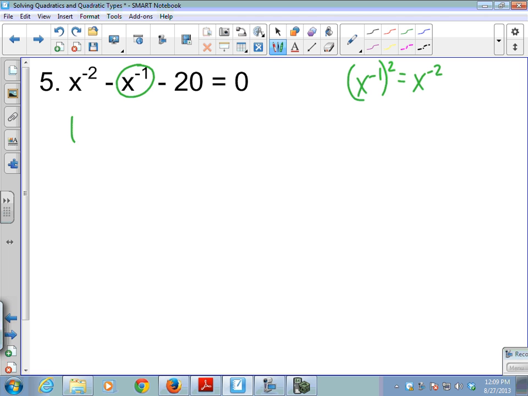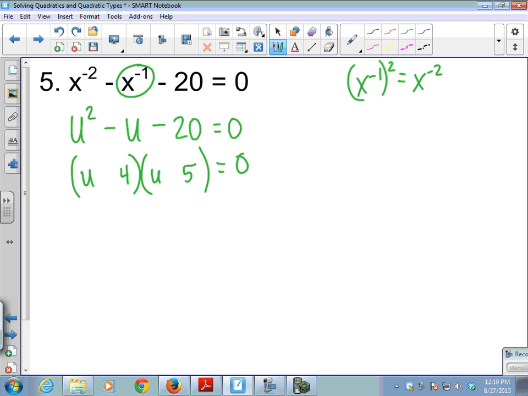So I'm going to say this is u squared minus u minus 20 equals 0. Okay, so factor. My factors are going to end up being u and u, 4 and 5. It's got to be minus 5 plus 4. And so when I solve, u equals negative 4 and positive 5. So I'm going to plug back in what I had let u be. We let u be x to the negative 1. So I'm going to plug back in x to the negative 1